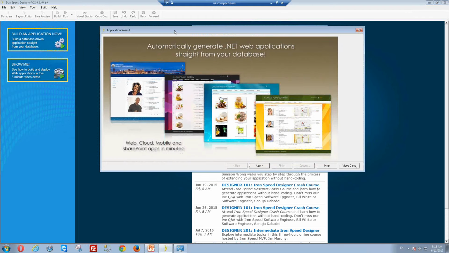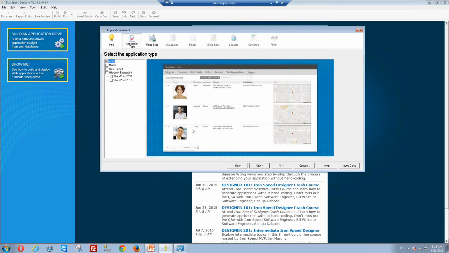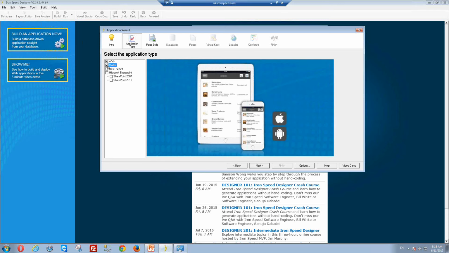The Application Wizard provides the basic steps for generating an application. Going next, we'll pick the type of pages that we want to generate. As I already mentioned, we want to generate the web pages so that we can support the desktop applications, and then we will also generate the mobile pages so that we can support the mobile application. Right now, let's not worry about RESTful and SharePoint, which are advanced types of applications that you can also have, but those will be covered in our advanced webinars. So going to the next step,